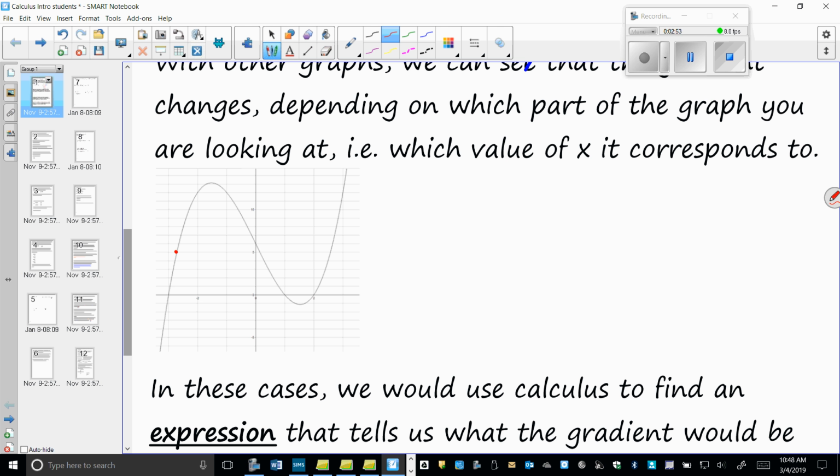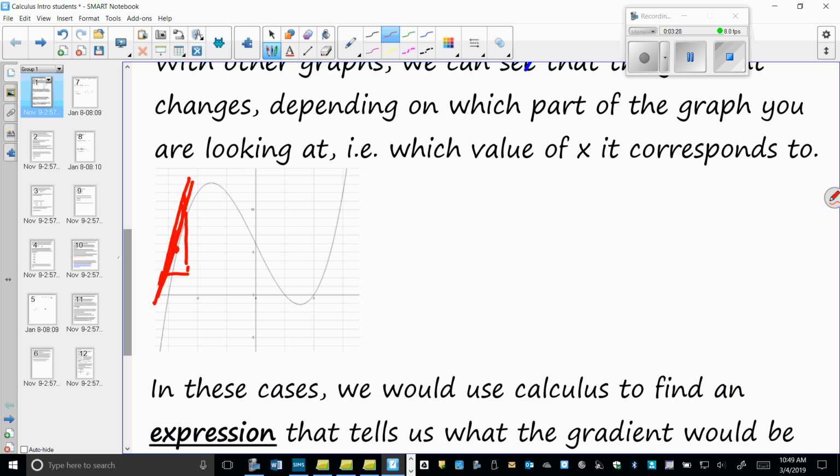So what we're doing is we would lay our ruler on here, straight out, and we would draw a straight line just touching the point that we're interested in. And we can then measure the rise over the run and find the gradient that way. So you would just draw a line so it just touches that particular point. You can find the rise over the run. Now, for this particular point,